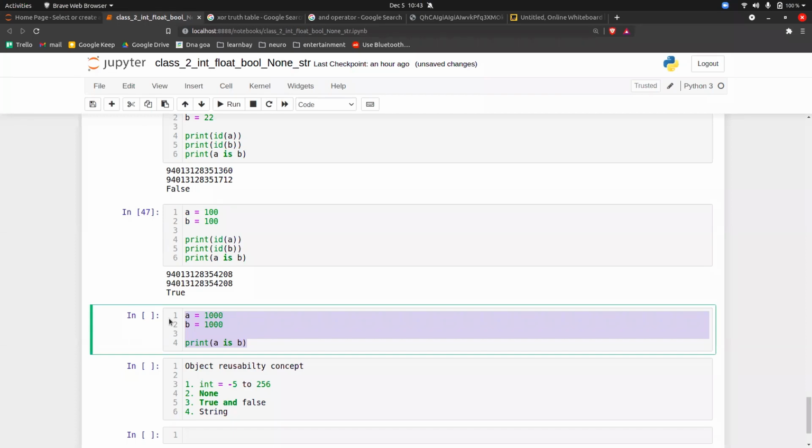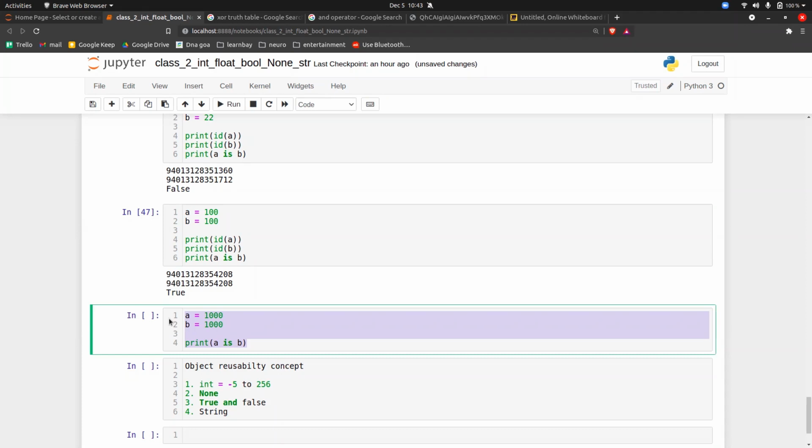So you have to tell that for an integer, the object reusability concept applies only between -5 and 256. Now it's clear why for A of 1000 and B of 1000, you're getting false in Python. This is the reason behind it.